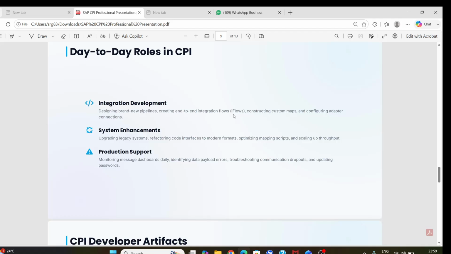Second one is enhancement: taking existing integrations which are already built and updating them, for example, updating a vendor tax mapping or changing API credentials. Then third one is support: keeping systems running. You will monitor system health dashboards, resolve message dropouts, and fix validation problems.